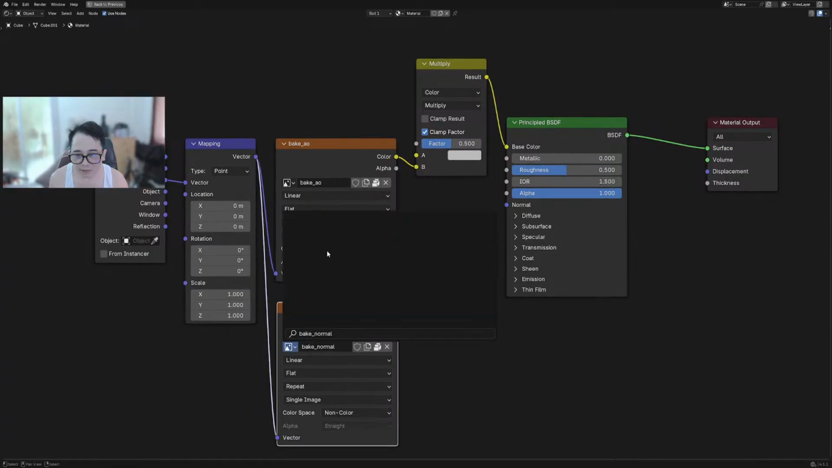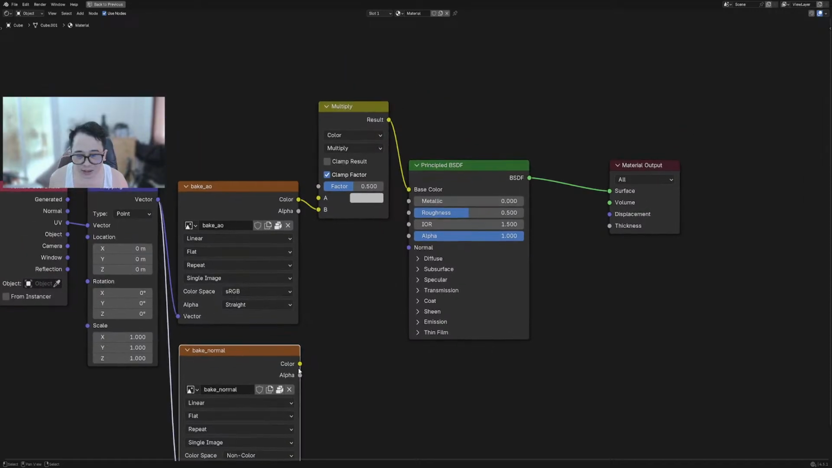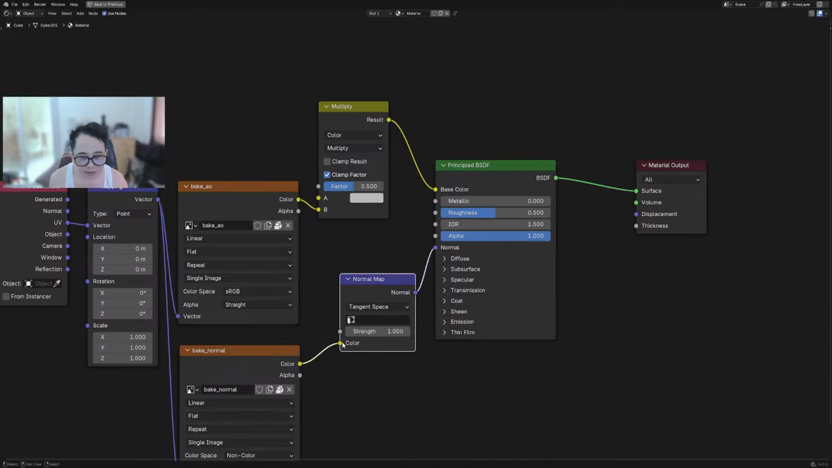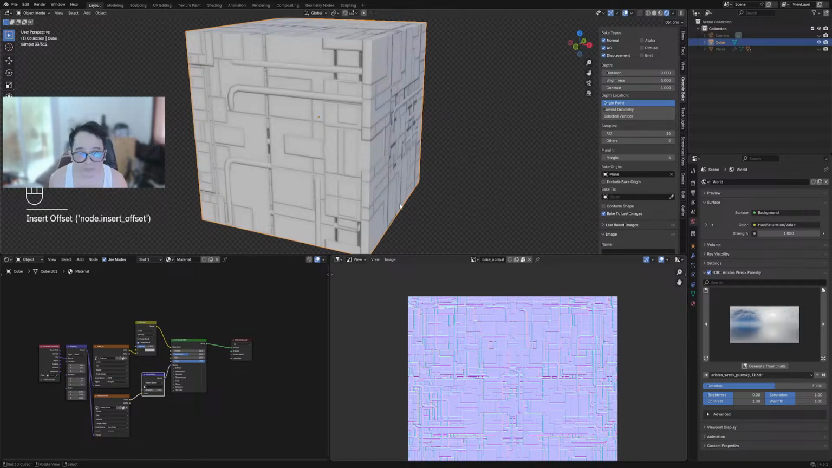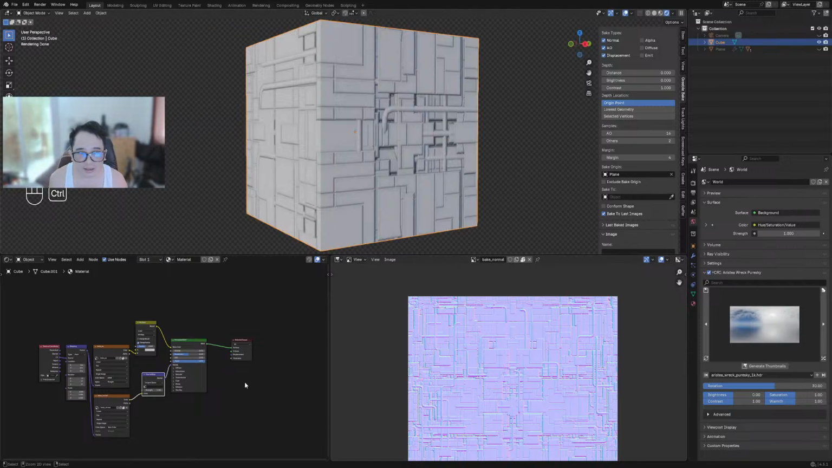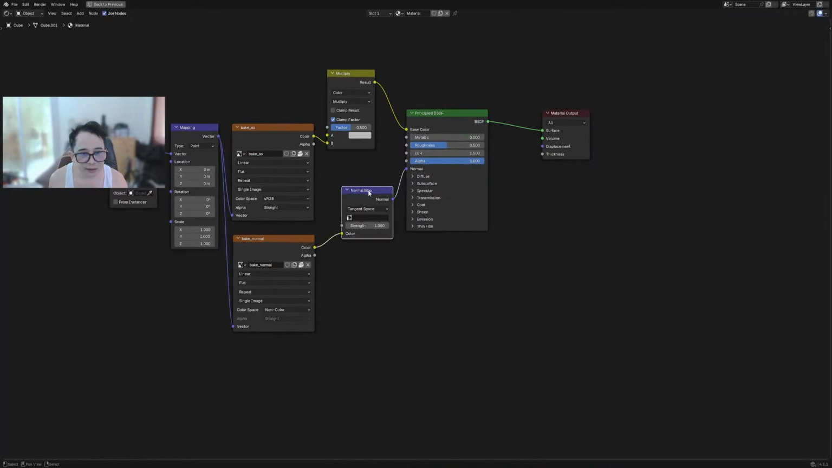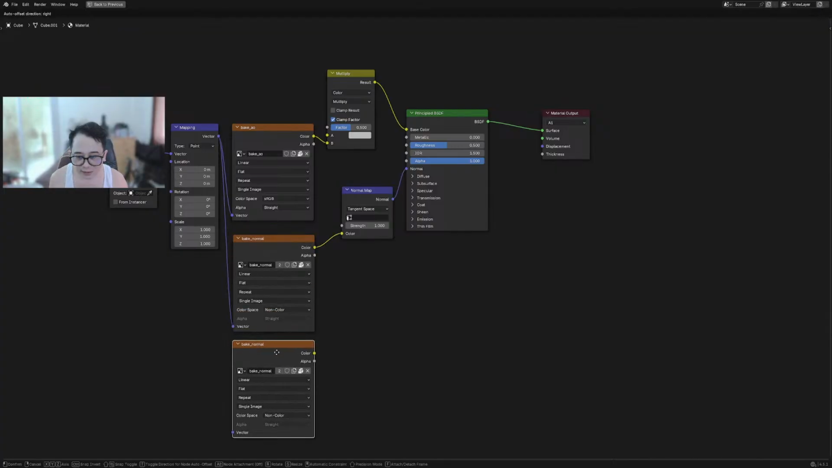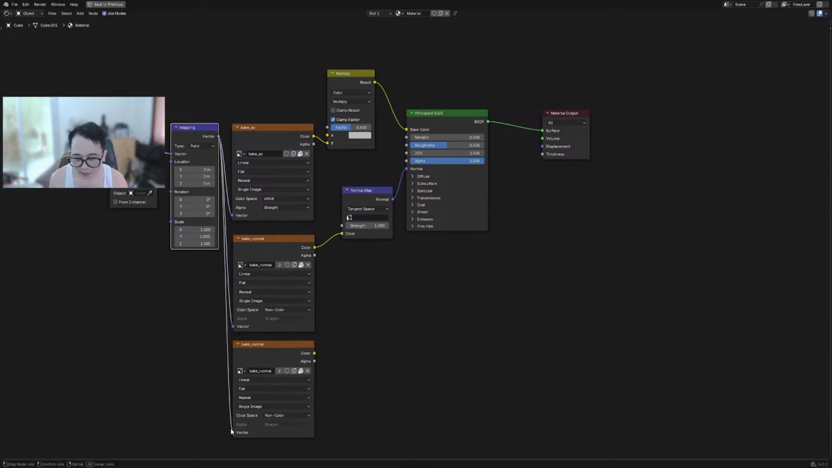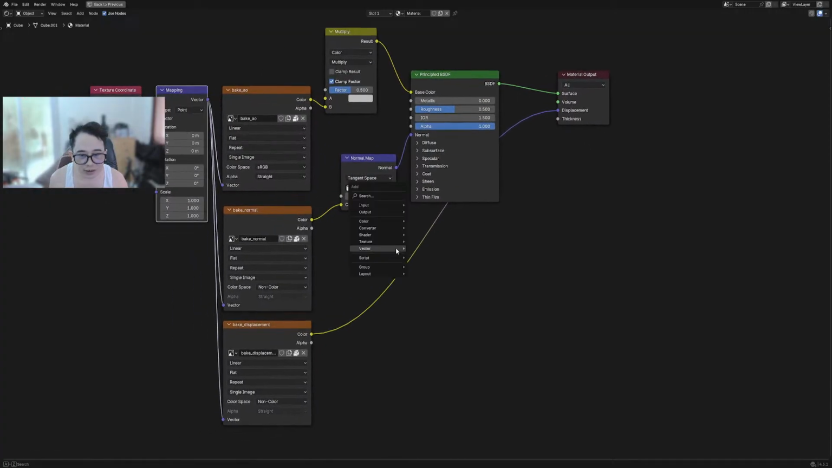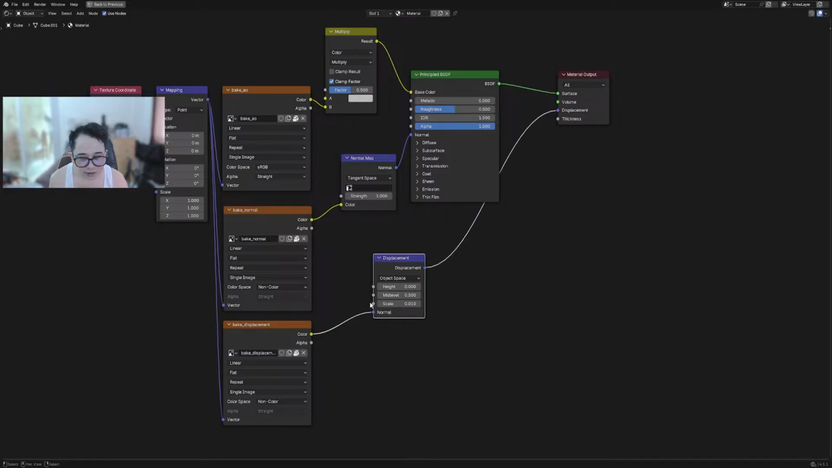the normal map. So color space should be non-color. And then go to vector and use the normal map node. Okay. And then our displacement. Displacement, and then you can plug it to the displacement of the material output, and then vector, select displacement and